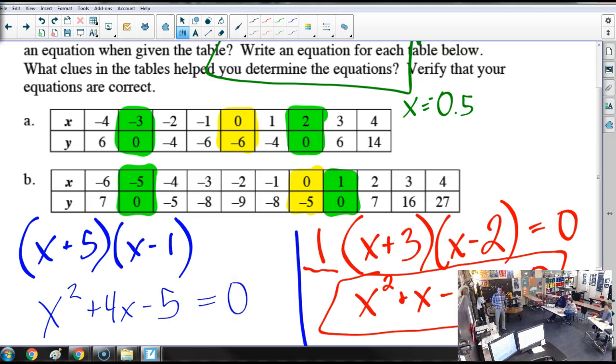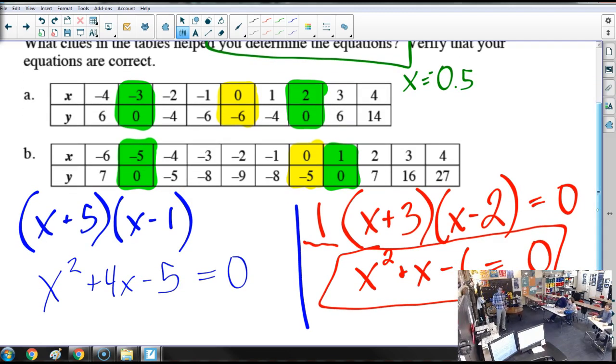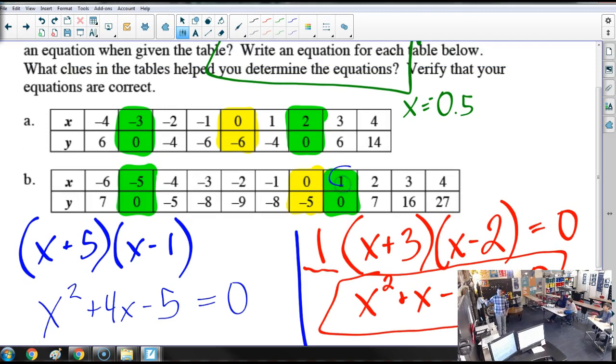If we want to check something else, I checked 2, 7. Why does that have to equal 0? Because that is when y is 0. At those points is when y is 0. So check another point, whether it's your y-intercept or something else. The y-intercept is pretty easy to check because it's your constant. If we put in an a, it's going to change the y-intercept, because the zeros stay in the same place. It pulls on the vertex, and it will change where the y-intercept is.